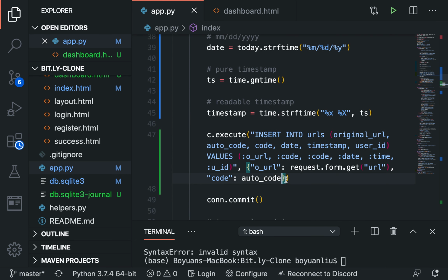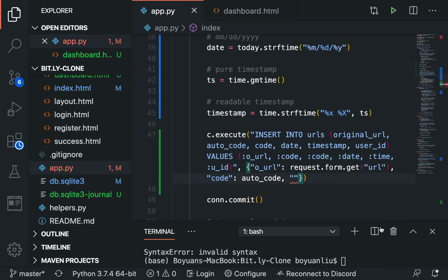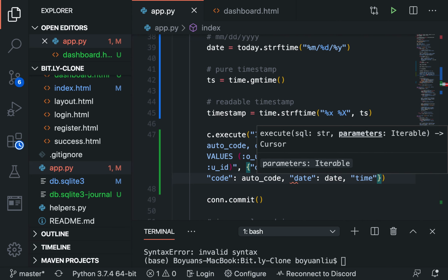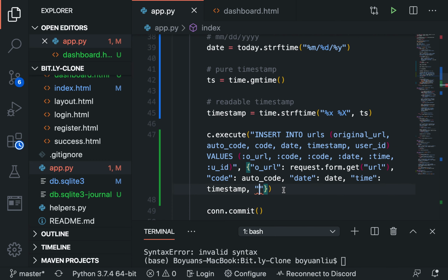And now what we can say is date is date, time is timestamp, user ID is session.get